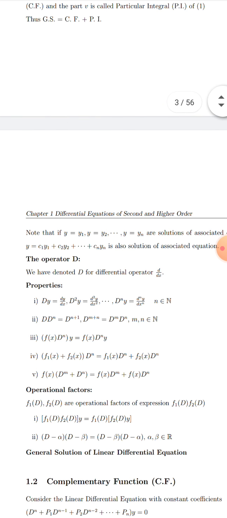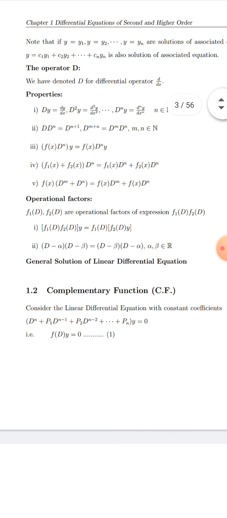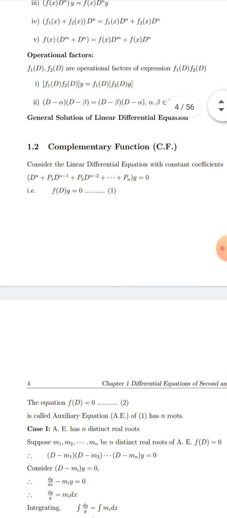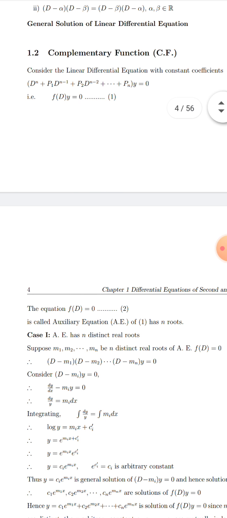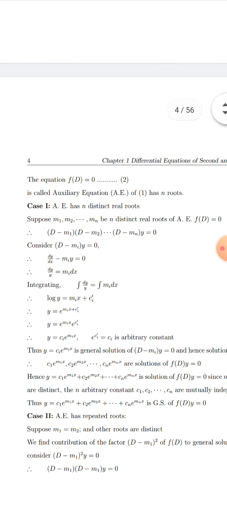Now these are some operators. Now the complementary function is given by just taking f of D is equal to 0, and these are the rules of complementary functions. Case first, if f of D is equal to 0, then we get some roots of f of D in terms of D. So first case, if the auxiliary equation has n distinct real roots,